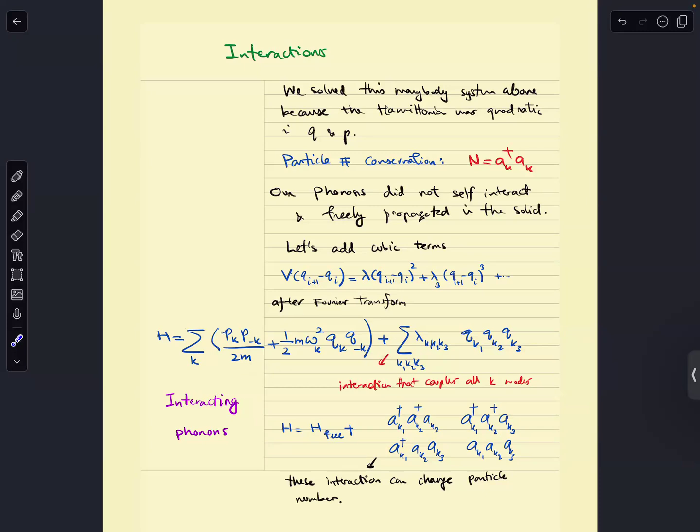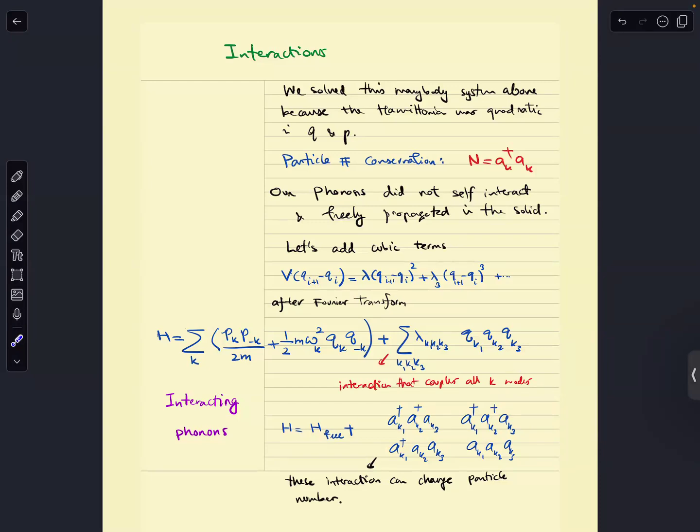So this is the Hamiltonian of the quadratic piece. The Fourier transform is nice for diagonalizing this part, but it no longer diagonalizes this in the presence of the interactions. So the interaction now couples 3 phonons of different frequencies. Now they talk to each other, right? So they're coupled,